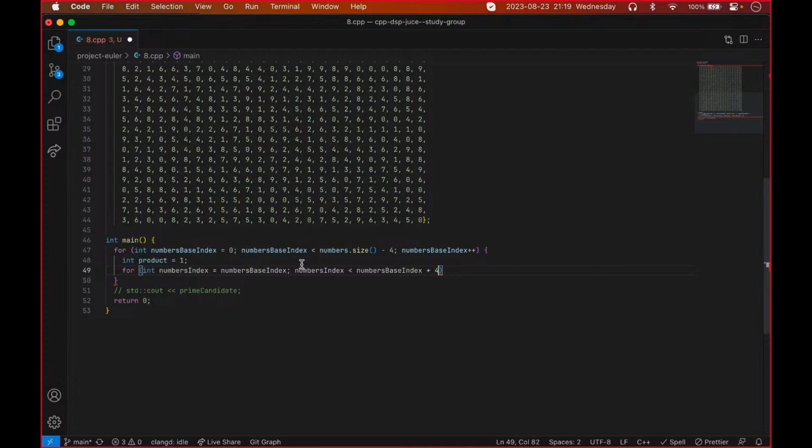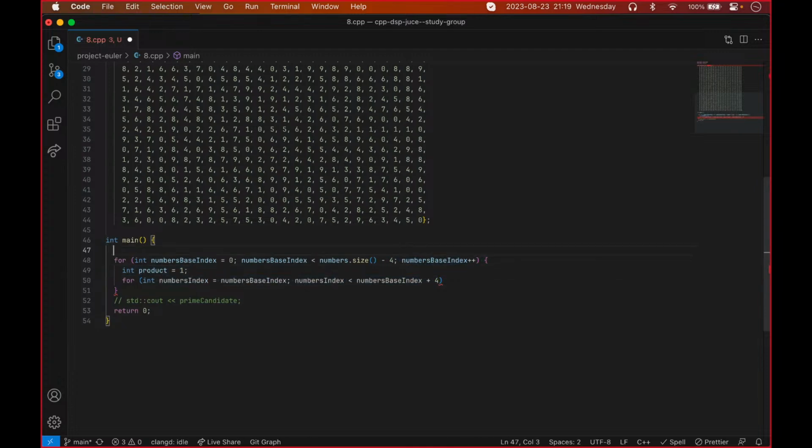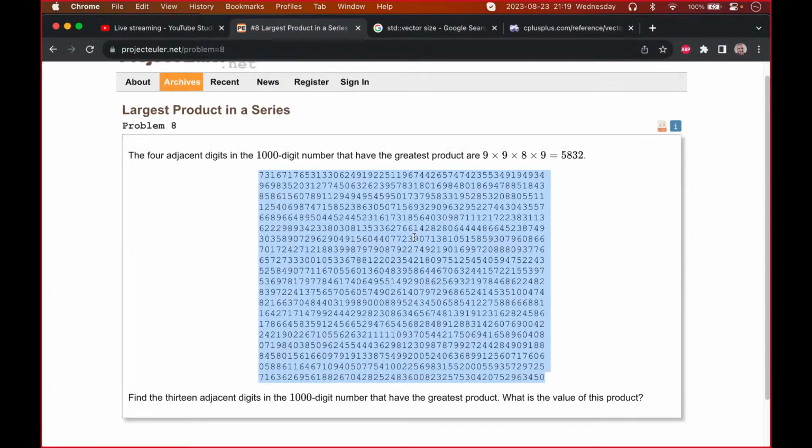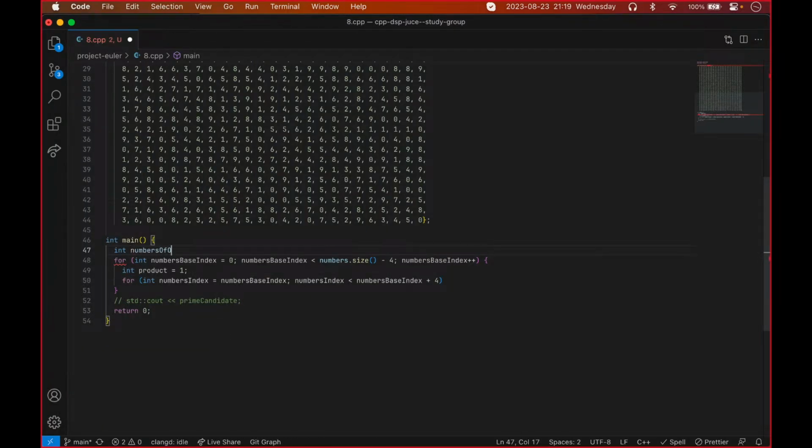And now I see the magic number 4 here repeated in 2 places, so I'll have a variable for this, and I will call this the number of operands. Or I'll do it differently. I'll call this the numbers offset. And it will start at 0, and it will go to the number of operands, like that. And then I will product times equal, and now it may become apparent why I used the number